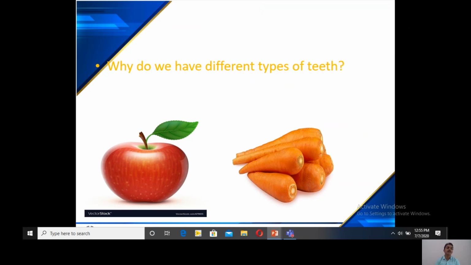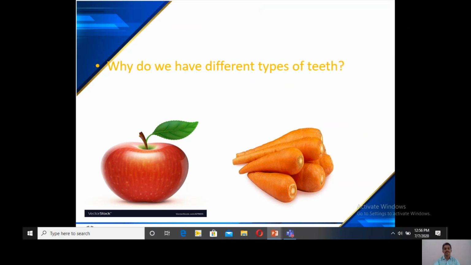Now you can see I already posted one apple picture and some carrots. So you want to eat apple and carrot also. Which type of teeth will you use for eating apple and carrot?